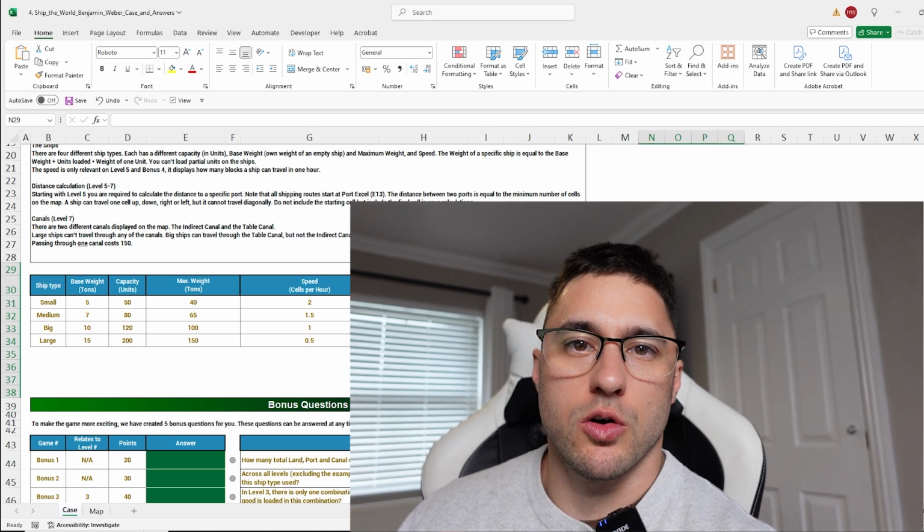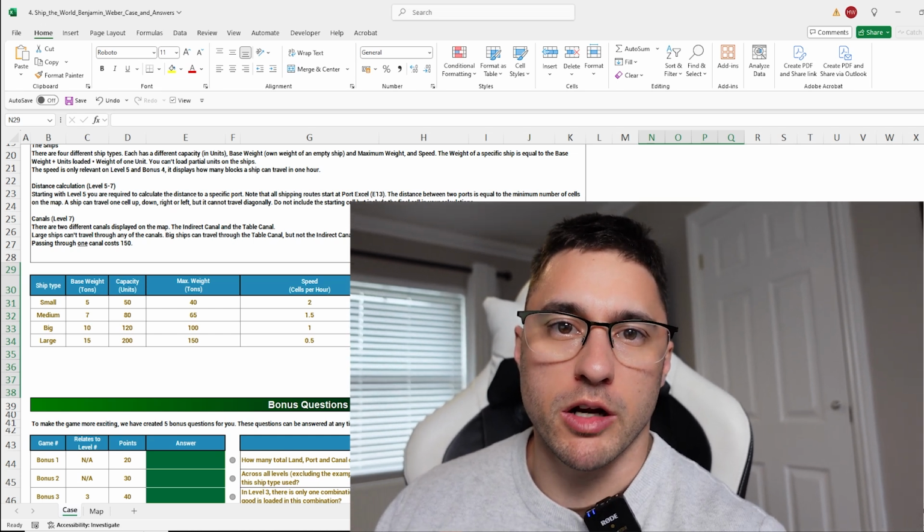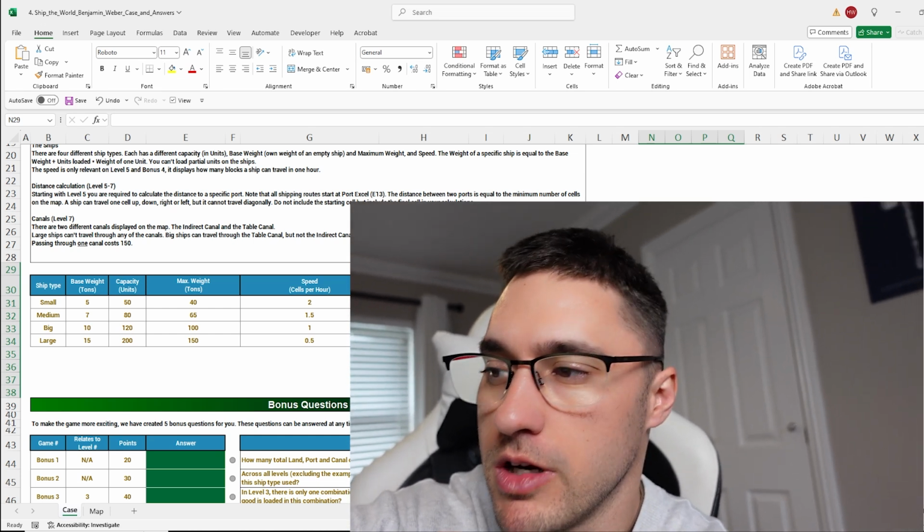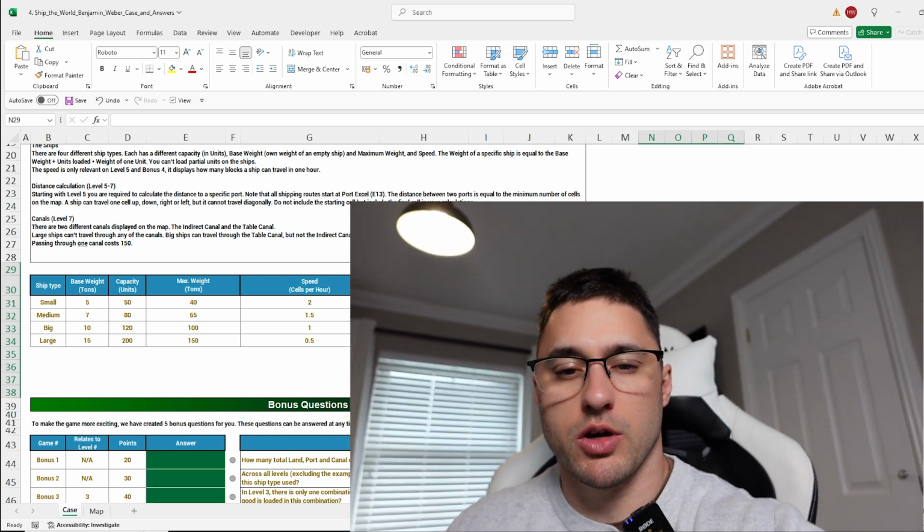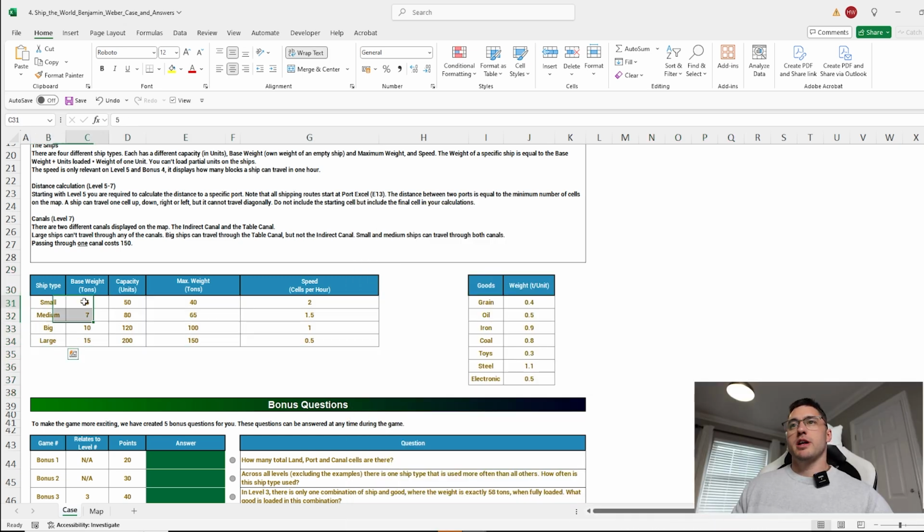Alright, today we are going to solve Battle 4 of the Microsoft Excel World Championship qualifying rounds. This one is called Ship the World, so let's give you a quick overview. Basically we have some ships with some metrics here regarding how much they can carry, what their capacity is, what their weight is, and so on. Then we have a load of goods with weight, and the case asks to calculate the cost of shipping these